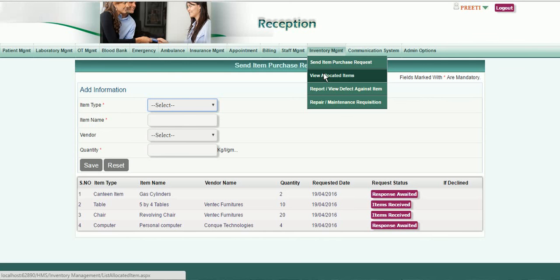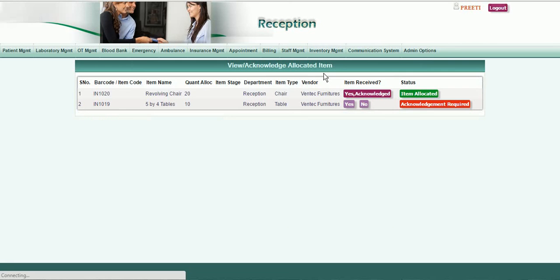Whenever any department sends an item purchase requisition, after purchasing and then allocation, that department needs to acknowledge receiving that particular item. This acknowledgement is required to make sure the items and the quantity have been rightly delivered to